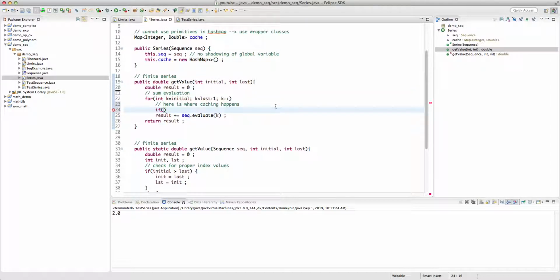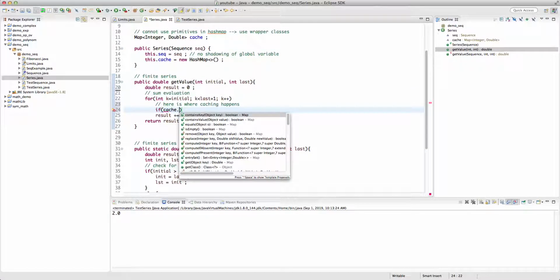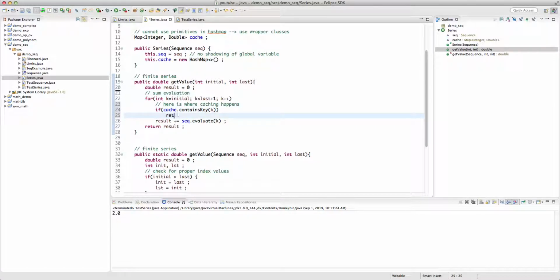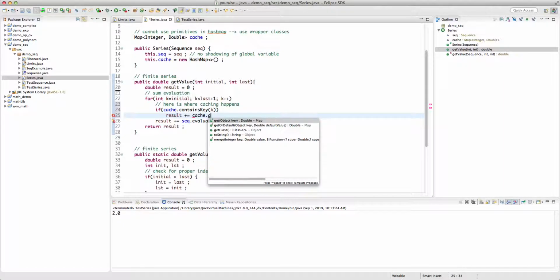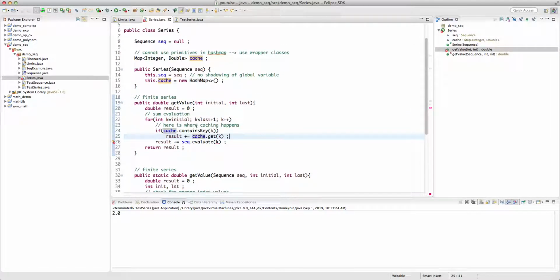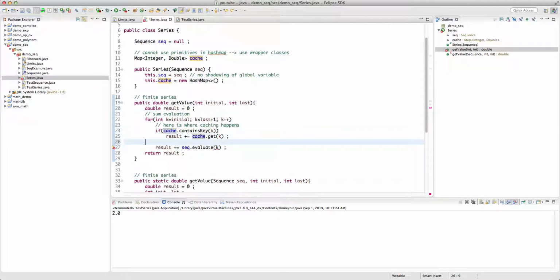What do I mean by that? We're going to say that if our cache contains the key, and the key is an integer k, all right, if it has, then result plus equals cache.get(k). So if the index k for the sequence has already been evaluated and it's in the map, the cache, then we just retrieve it from the cache, and this is a HashMap, so retrieval is very fast. Else,